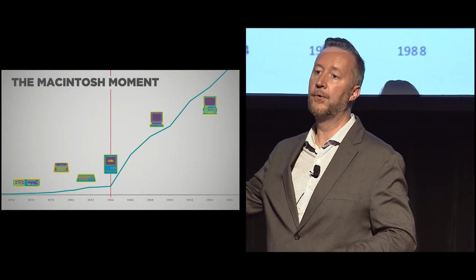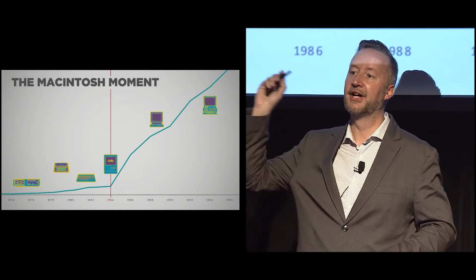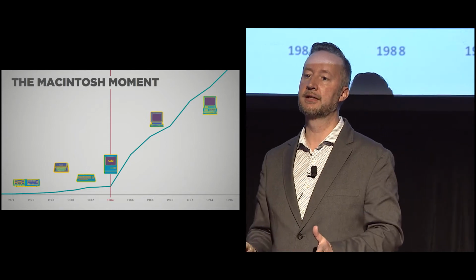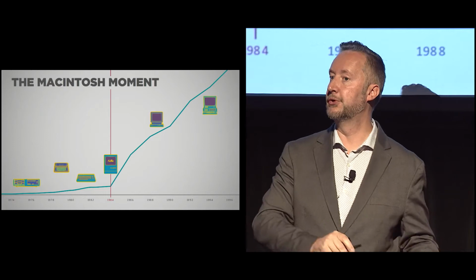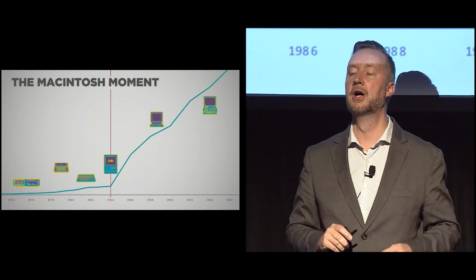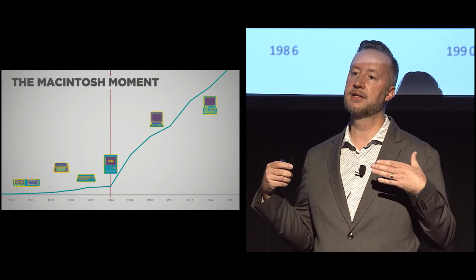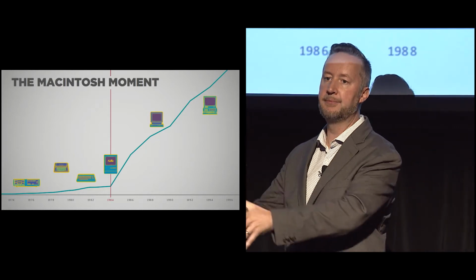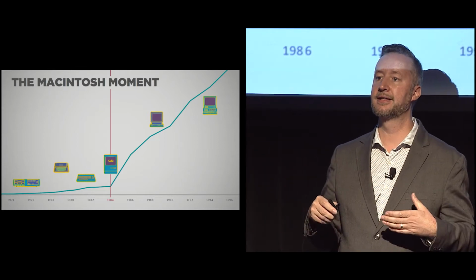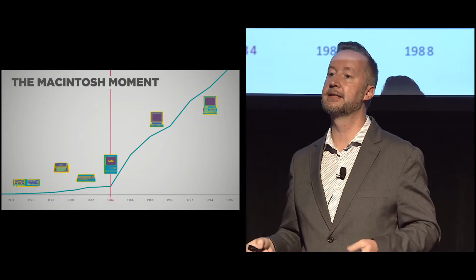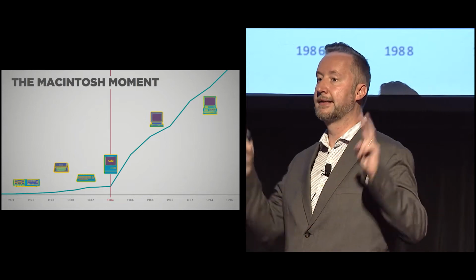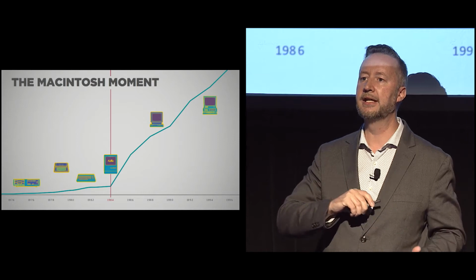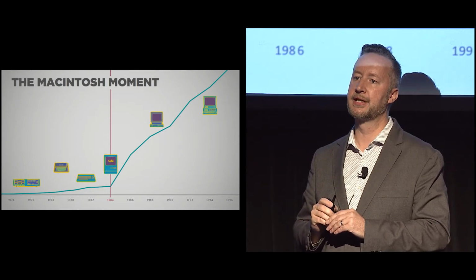And so in 1984, the Macintosh moment, as we're calling it, is when Apple launched the Macintosh, the very first Macintosh. Now, there were computers before, there were personal computers before, but the big difference with the Macintosh is they'd understood what this computer would mean to people, to humans. It now has a graphic user interface. It is user-friendly. These are fancy terms used back then. And so it made a big change in terms of people's acceptance.